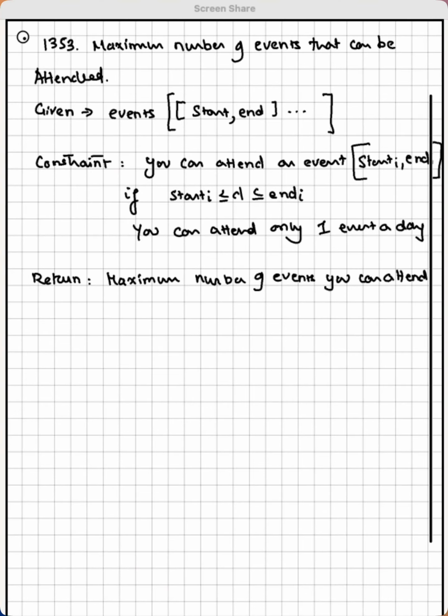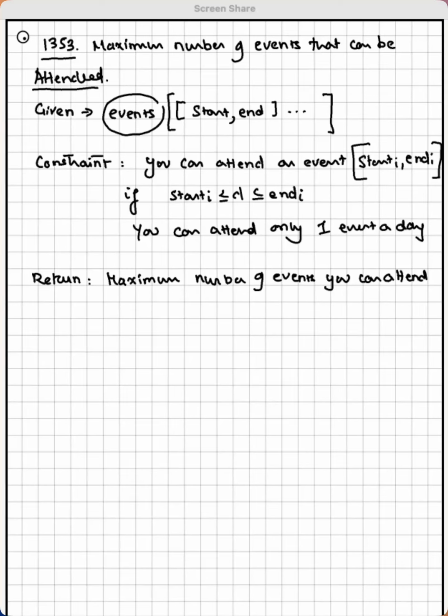Hello everyone, today we are looking at another Leetcode problem. This is 1353. Find the maximum number of events that can be attended. Now in this problem, we are given an events list which is nothing but the window of start and end